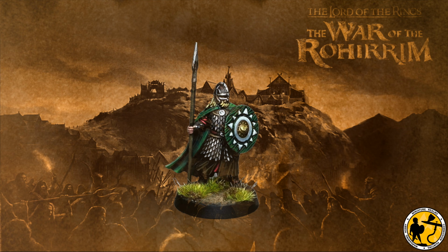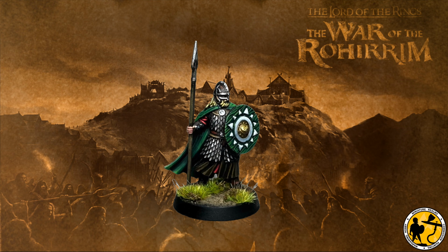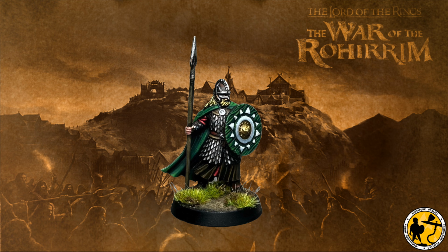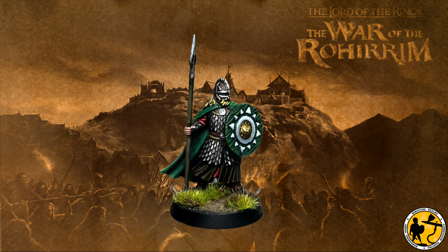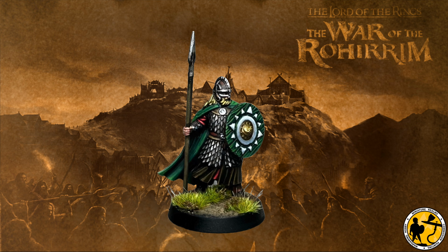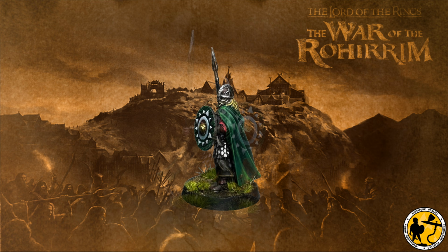So thank you again, Games Workshop, for sending me this set to get stuck into. I've really enjoyed all of the content I've made for it, and these miniatures are absolutely fantastic. I'm a huge Lord of the Rings fan, a huge Middle-earth strategy battle fan, and while there's not as much of it on the channel as some of the other games I've been playing more recently in the last year or so, I'm so excited to be back in building forces for this game, and this miniature was a joy